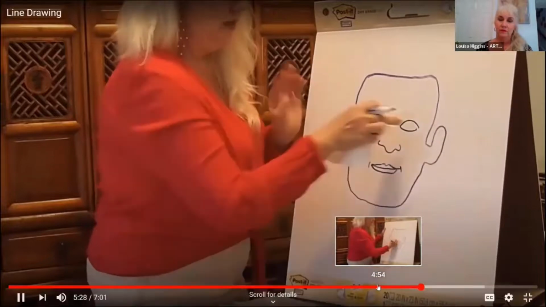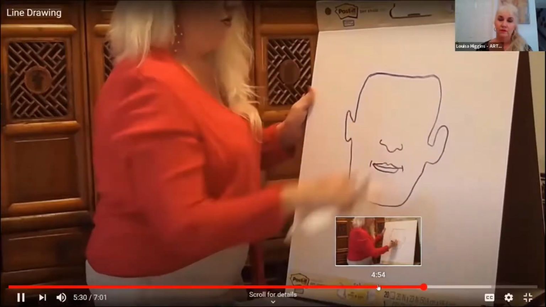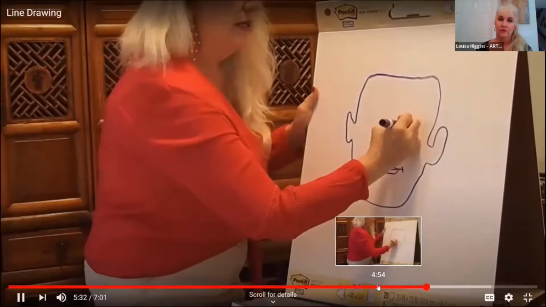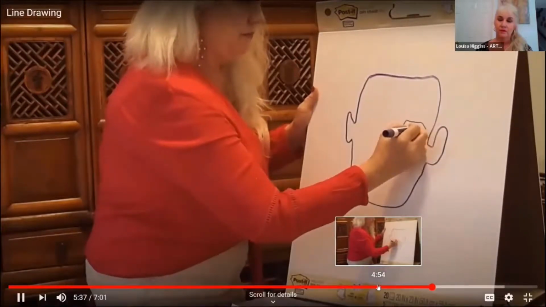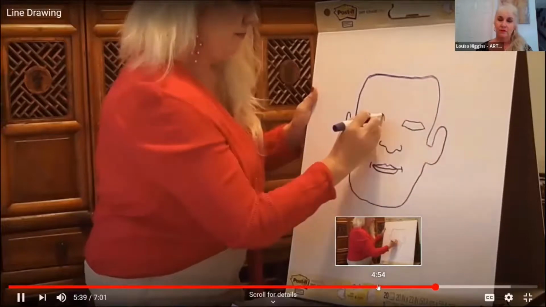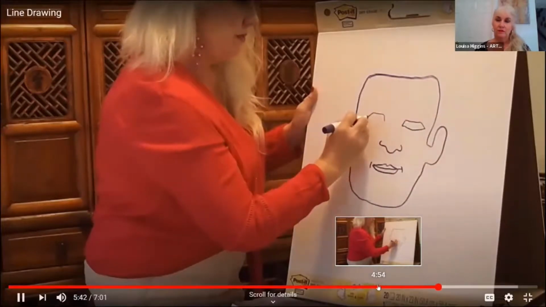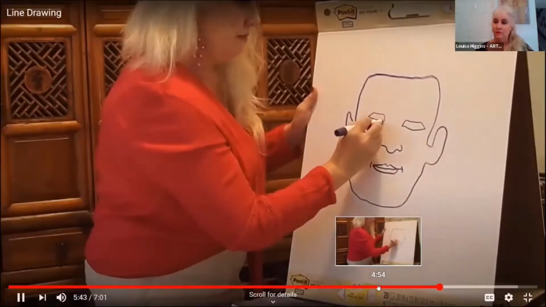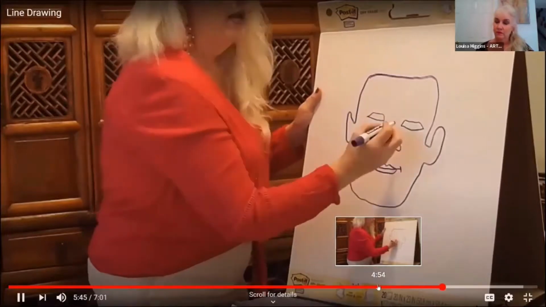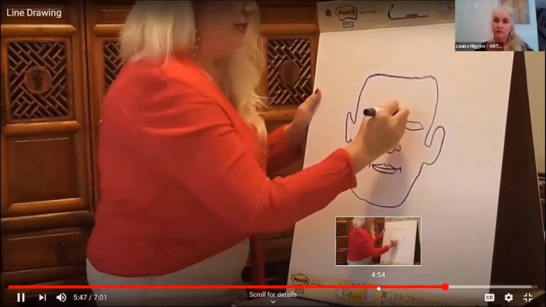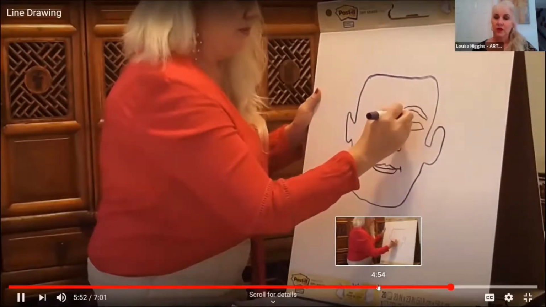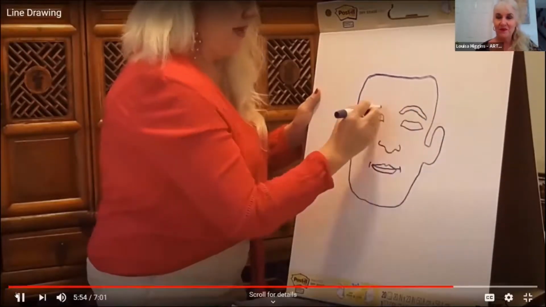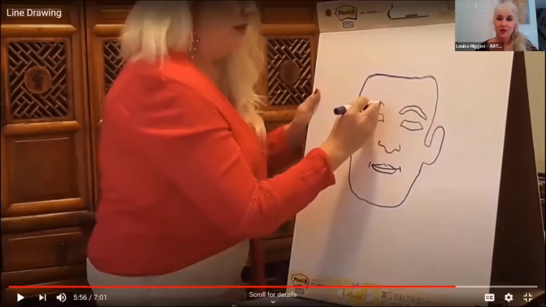My model's eyes are a little bit more rectangular. So when I look at his eyes, kind of more that shape. So I'm looking at him, I'm drawing his eyes, and then I want to do his eyebrows, because eyebrows are really expressive on a face. And the more arched they are, the more surprised someone is. Go ahead and pause from that. Back to more in the middle. So you get the idea.